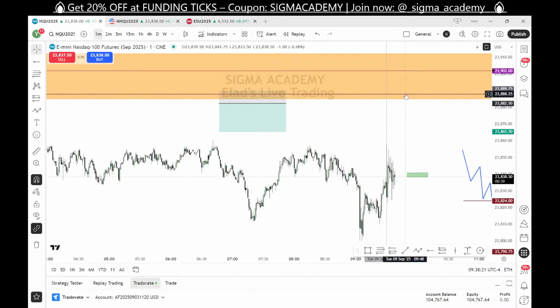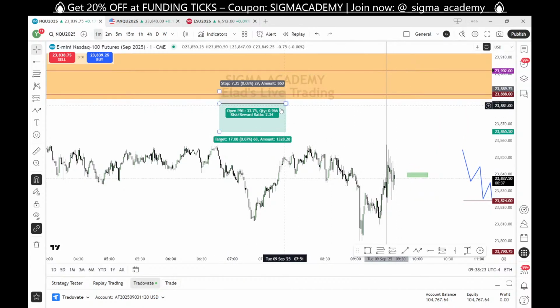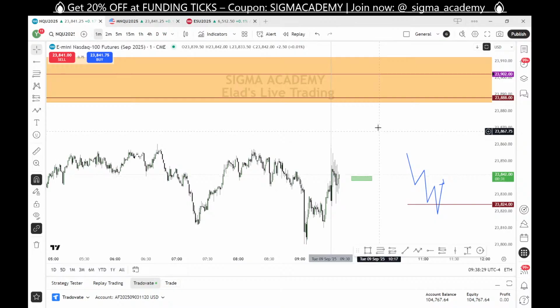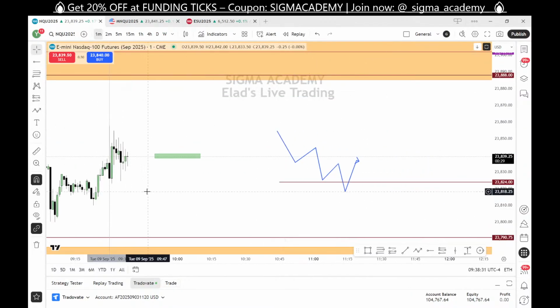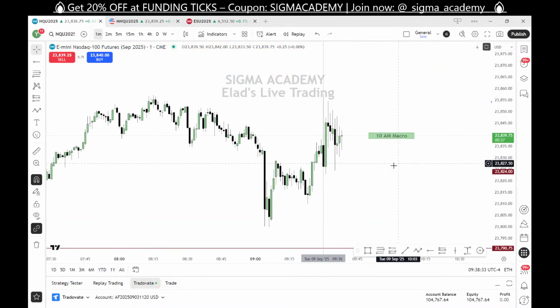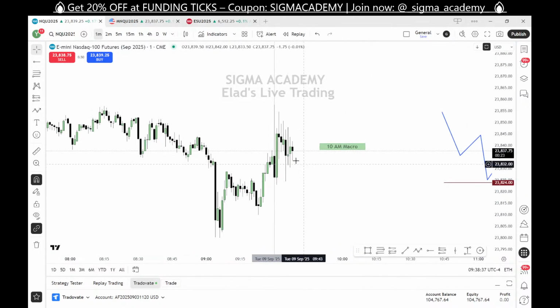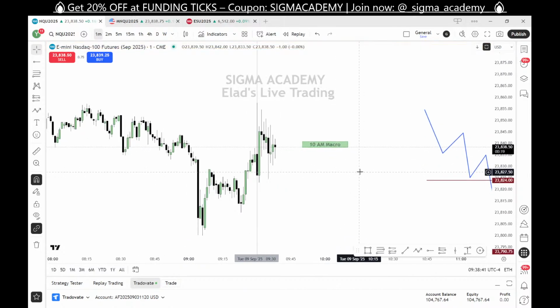This is where I can anticipate the market will reverse. The larger the liquidity, the larger the probability the market will reverse. As you can see, for now, we are opening choppy. I don't have a clear idea where we are going. I can assume by several things I will teach you in the future.